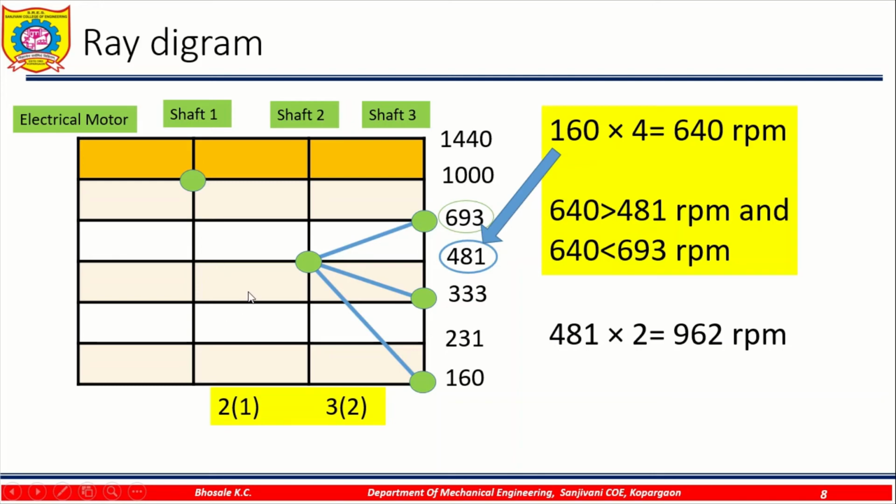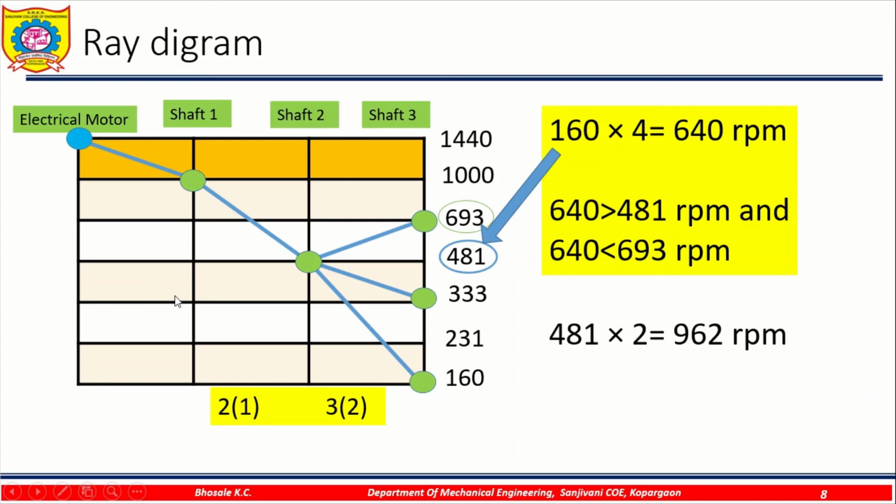And then for the first stage, we can join on shaft number 2 with 1000 rpm. If we join the point with the 481 rpm, then the pulley size required for the electric motor shaft and the input shaft will be higher. So we select the node point on shaft number 1 with a similar restriction ratio, that is, the speed reduction will be 1 by 4 times and the speed increment should be less than 2 times, and then this is the electric motor speed. Then join this one.